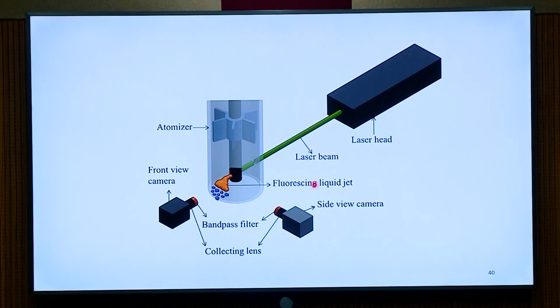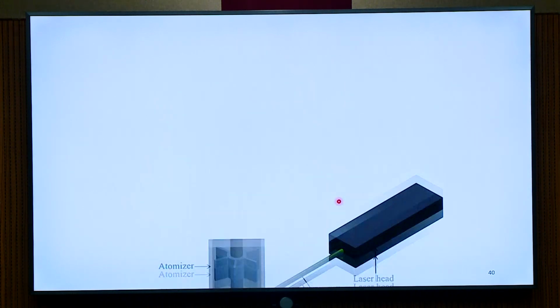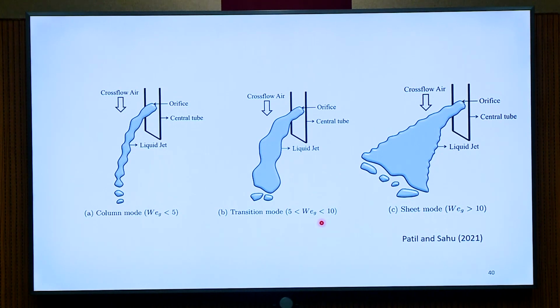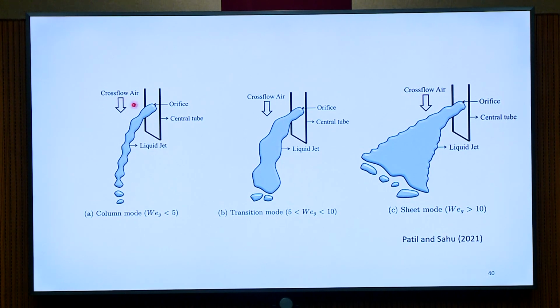We have used this for cross-stream atomization of a liquid jet within an atomizer, and we could image the liquid jet from both front and side view. So this is the typical side view, and this is the front view. What we have found is that the breakup mode, what we think is always like this if you see the side view, but the front view also tells us that the liquid jet basically is